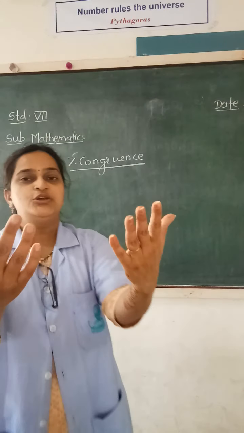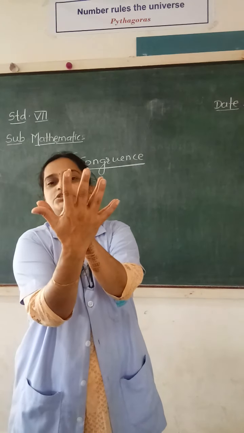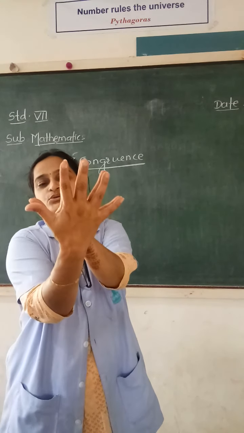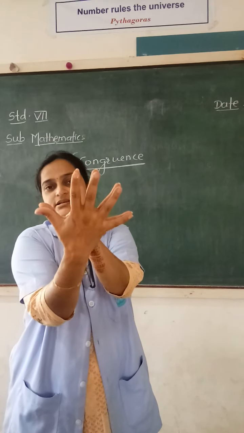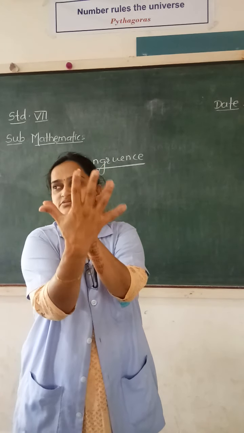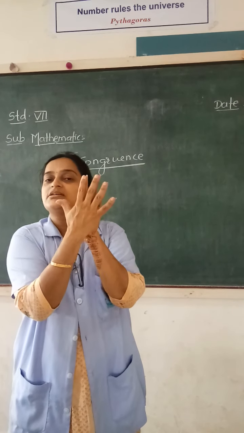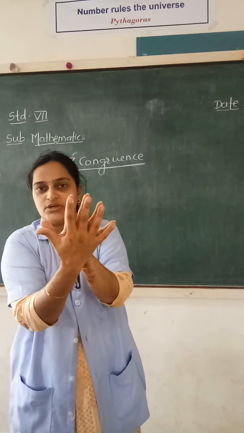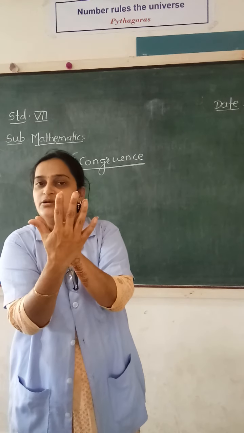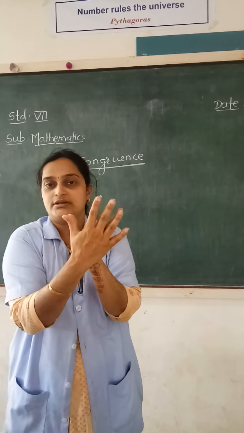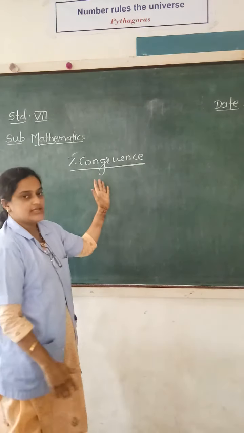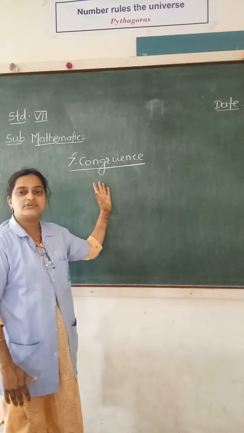Now first of all, you place both your palms on each other. What do you find? Do they match exactly? Yes. Such things, two things which match exactly with each other, are called congruent things. Okay, and this property that they hold, being congruent, is called congruence. Do you understand the meaning of this word congruence?